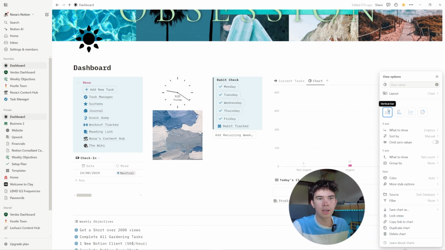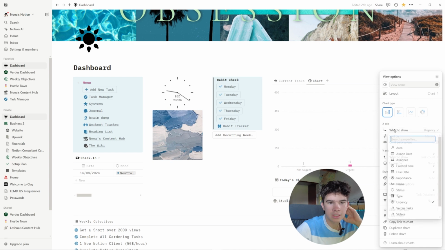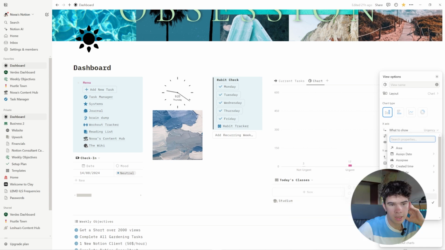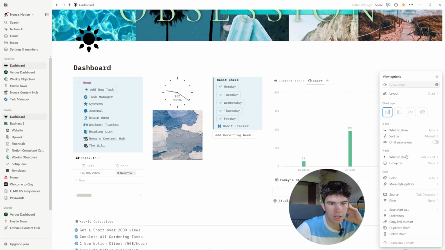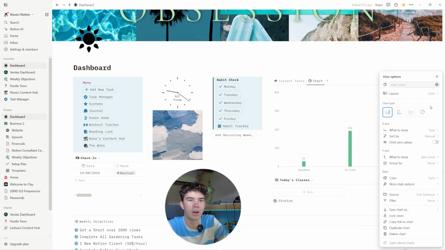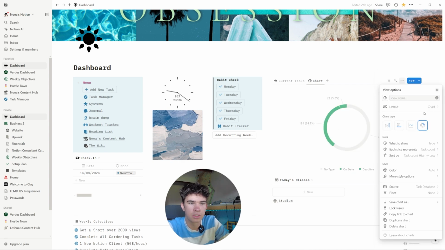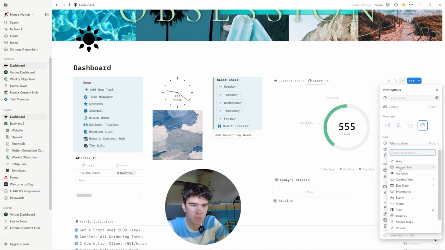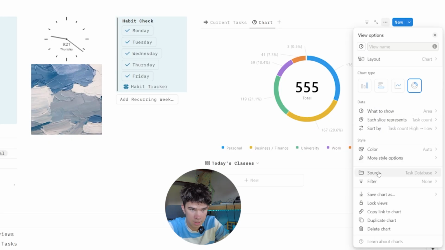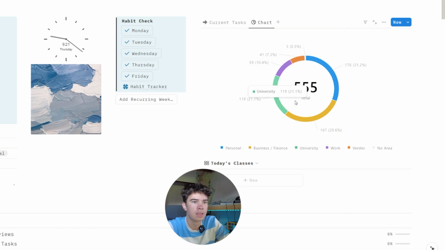So you can decide what type. So maybe for this one, we'll go for a vertical bar chart. And then on the x-axis, I want to show the type, for example. And now we can sort that. Perfect. Omit zero values. We don't need that right now. All right, so now that we're in this UI, I'm going to choose a donut chart type. I'm going to want to show the area of that task, and then we're going to auto color that. That means that we can now see the total amount of tasks in my task database,